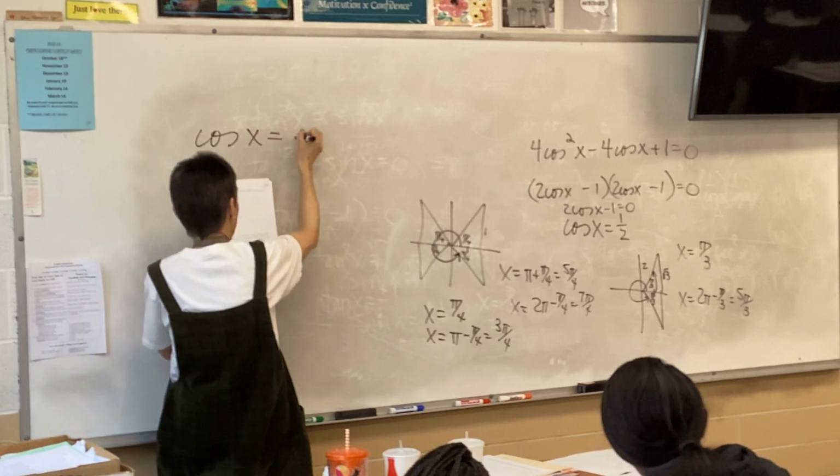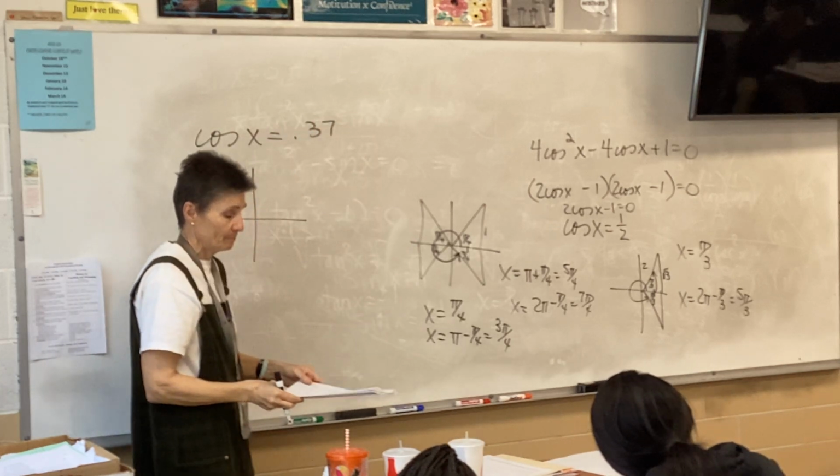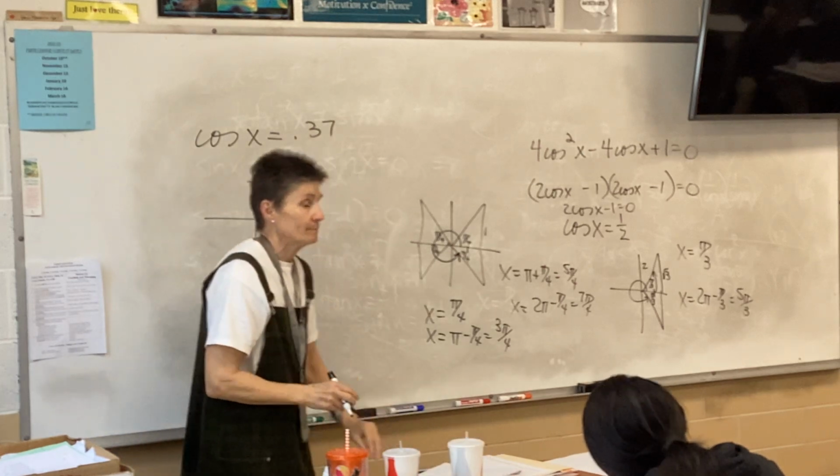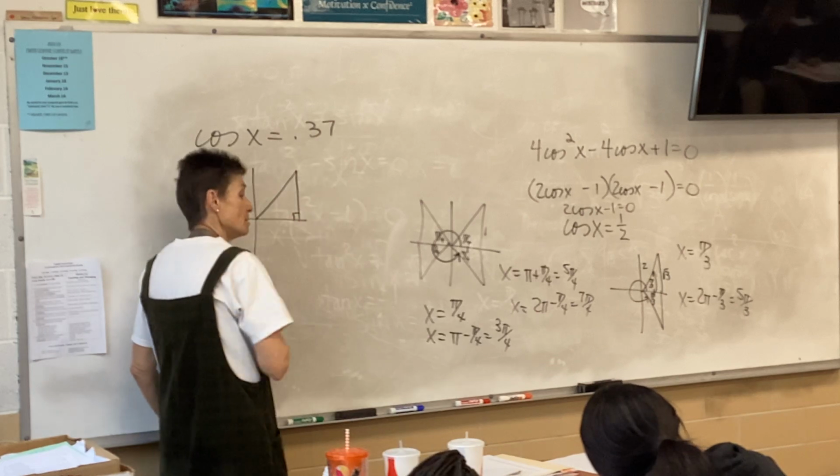If the cosine is 0.37, where is the angle? Where is it? It's in quadrant 1 or,